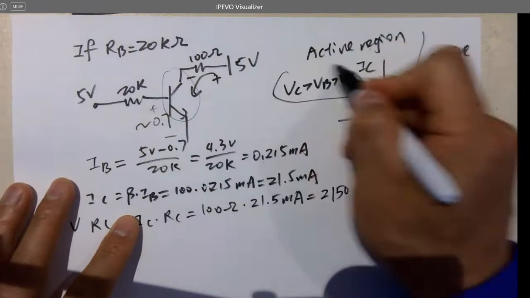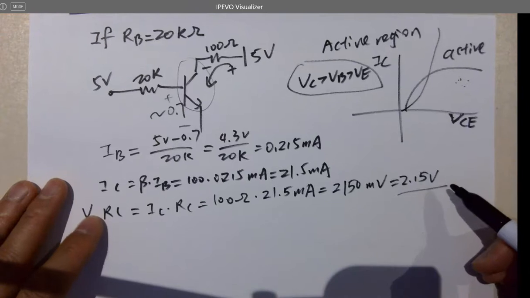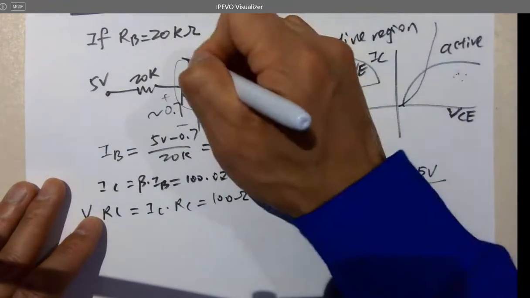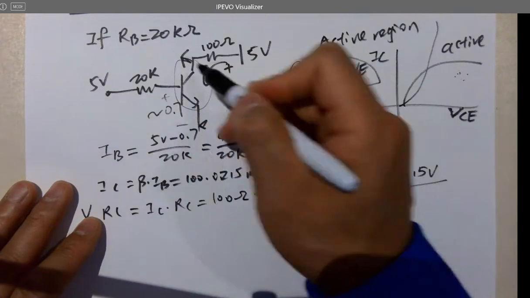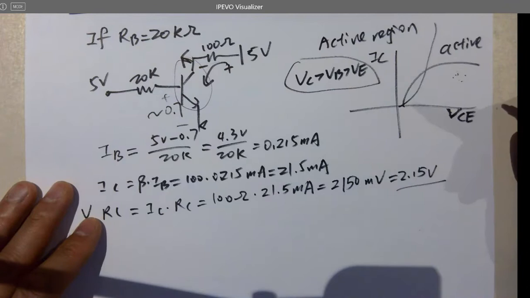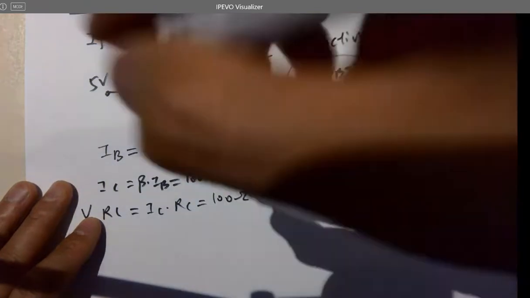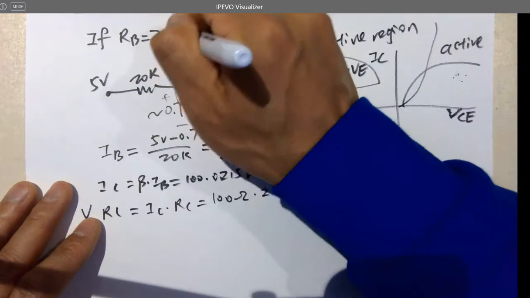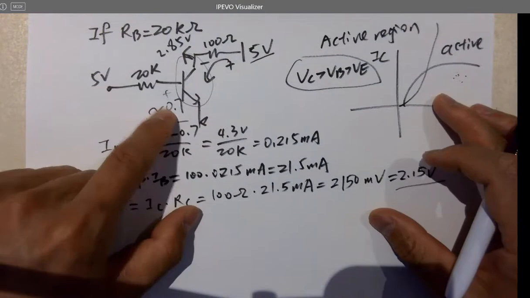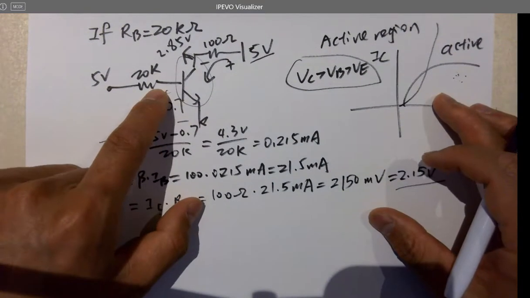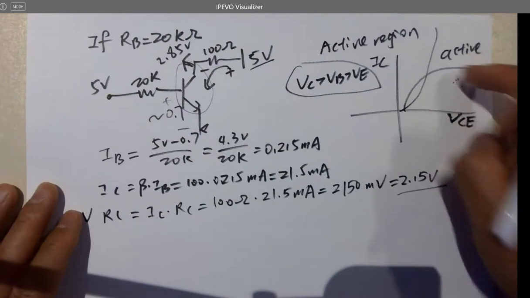Remember that, okay? So I got 2.15 volts dropped here. So what is VC? Because VE is grounded, if I get VC, I know VCE. This is 5 minus 2.15 volts, which is 2.85 volts here in that case. So what is VB? Very close to 0.7. So we are getting VC larger than VB larger than VE. So it's going to operate in the active region,